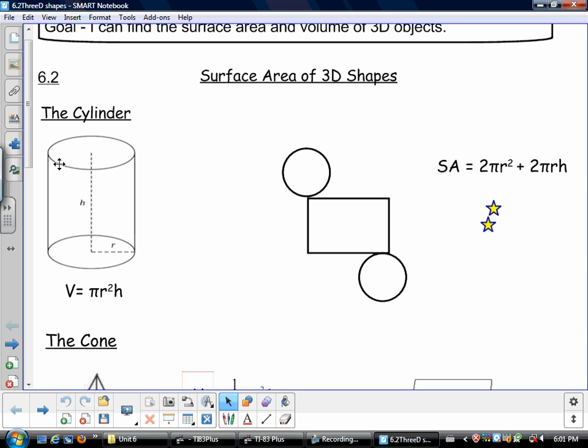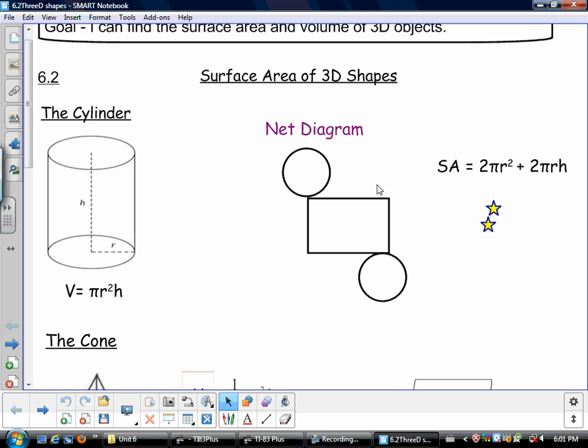A cylinder we can see is made of a circle on the top and on the bottom, and then around goes another piece. So we're interested in the r, the radius, and the perpendicular height. Now, what we also need to look at is our net diagram. The only time that I would open up or peel this shape apart is if I'm dealing with surface